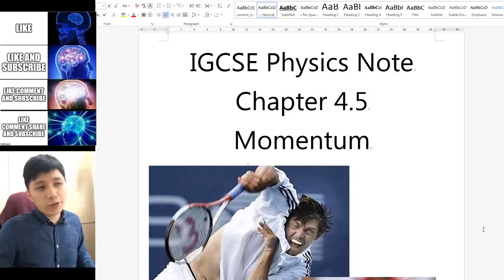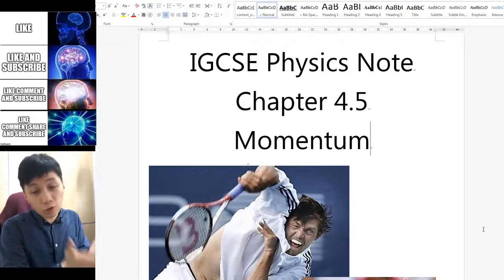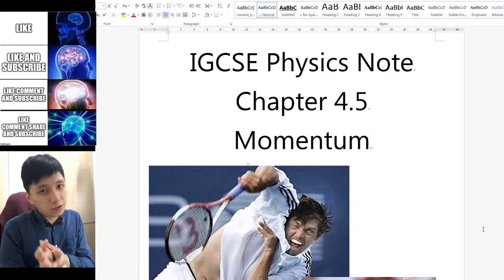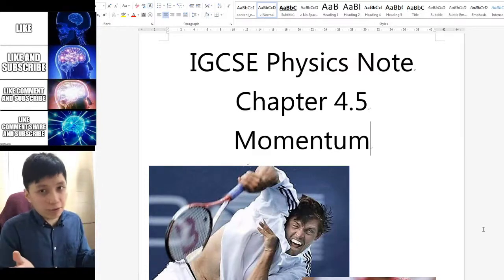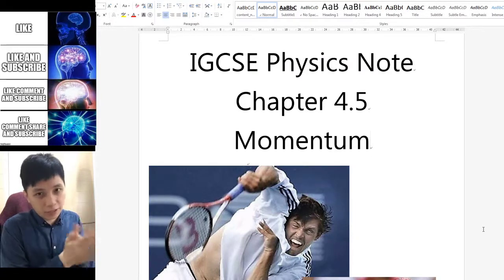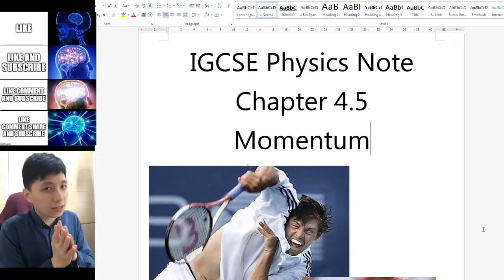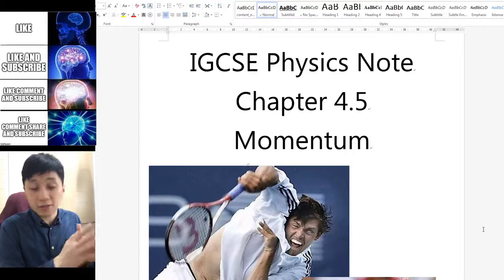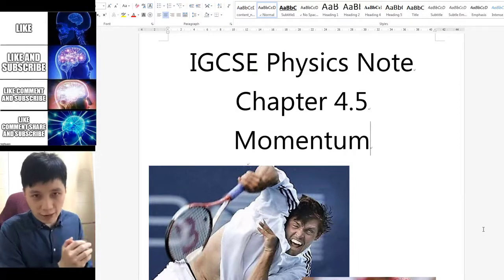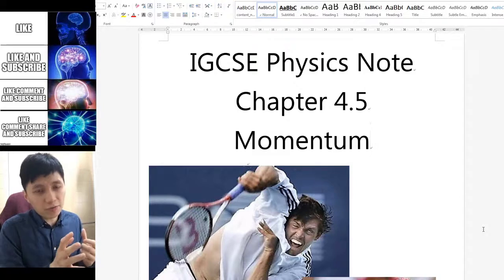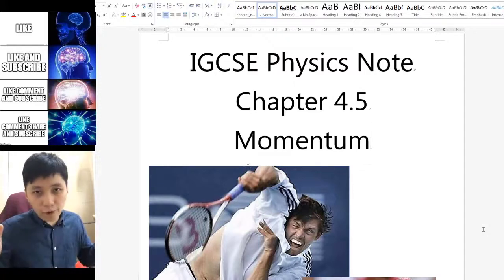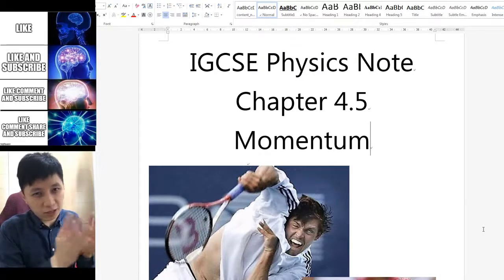That is why we need to introduce you to the new concept called momentum, because this may help us predict using another approach to the same scenario, and this may give us a better prediction. In fact, using momentum, I can tell you, you can predict the result as 20 cm, exactly like what happened. So I'll leave that demonstration as a question that I'll come back to later on. Whenever you feel comfortable, a few videos later, feel free to come back to here by yourself and try to re-evaluate this question again using momentum and see if you can derive the answer as in